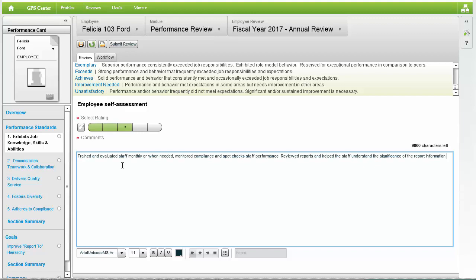It is important to note the more detailed you are in the comments section, the more accurate the overall performance review. Your supervisor has the ability to return your self-assessment if you do not provide enough information to support your ratings. In this example, I also have a supporting document I would like my supervisor to review that aligns to